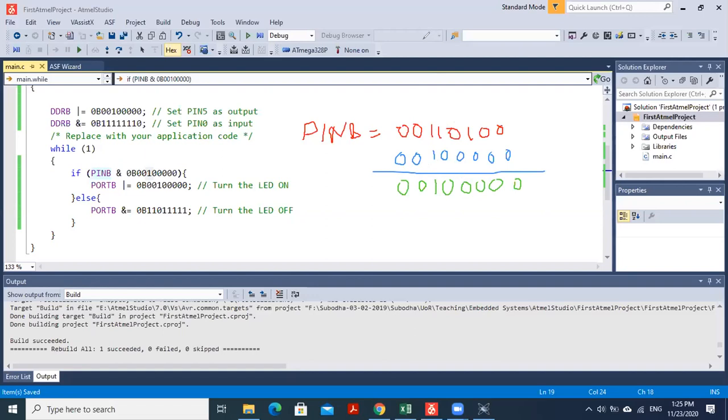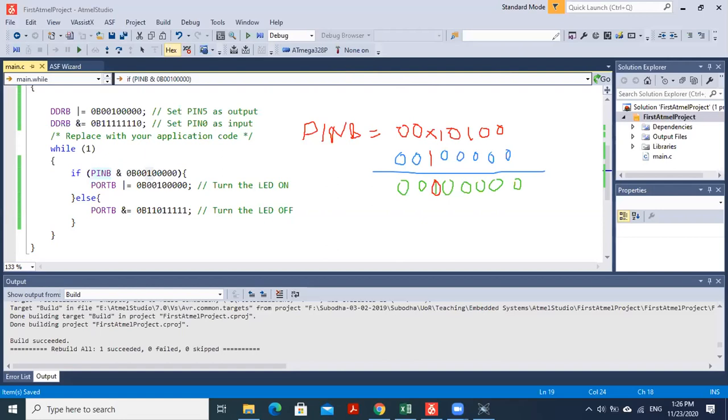Now let's say this value was 0. If this value was 0, when you AND with 1, this one will still become 0, right? Let's say there was a 1 here, and if the fifth pin's value is x, x can be 1 or 0, and I'm ANDing with 1 here, right?